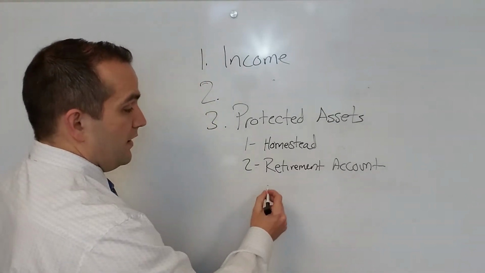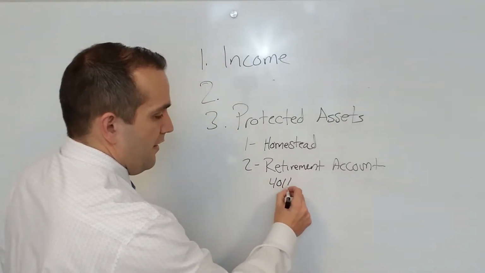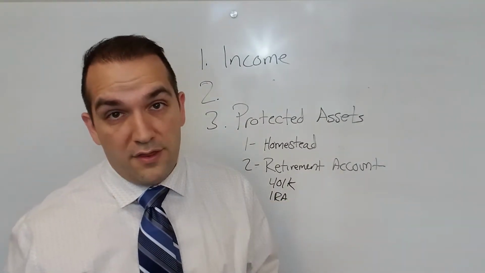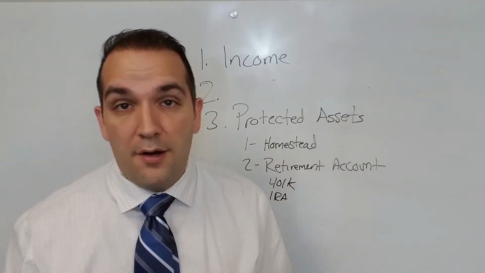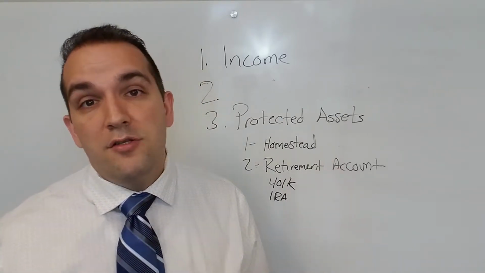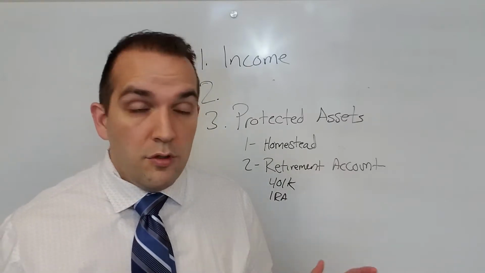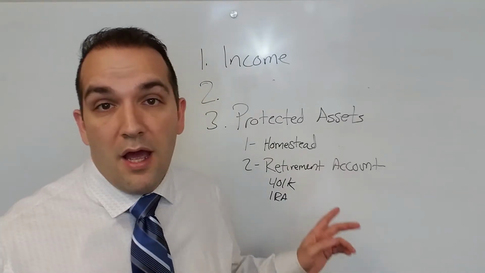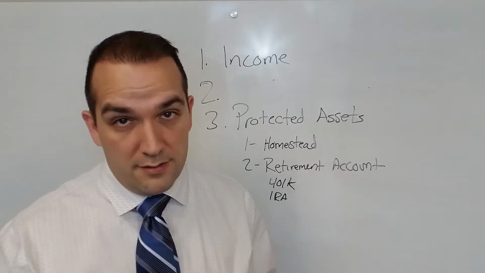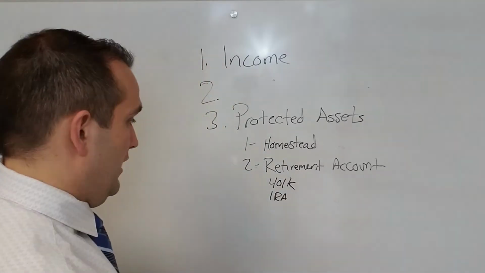Okay, retirement accounts, 401k and IRA. Important things to understand about 401ks and IRAs: they are separately held accounts. Checking accounts might be jointly owned. Usually they are. Savings accounts the same way. IRAs and 401ks, on the other hand, are always separately held. That's important to understand when you're setting a beneficiary designation.